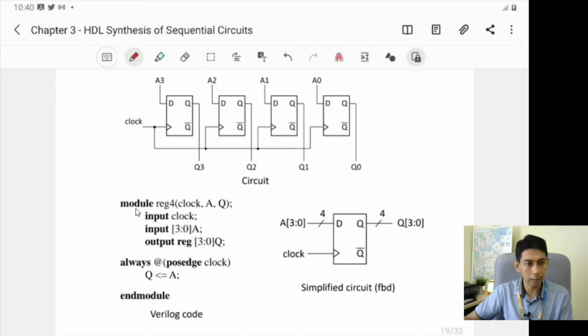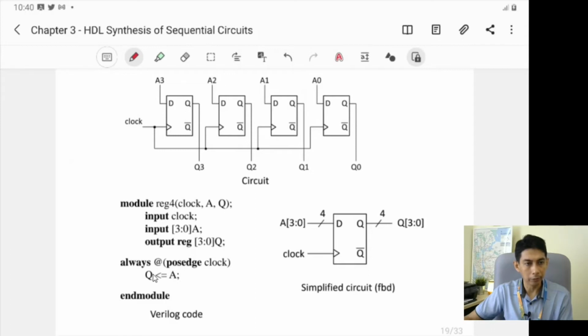So in this case, see module, this is the name of our module, reg4, and you have clock input, you have A input, you have Q output, and clock is 1-bit, and A is 4-bit now, which is A3 to A0,